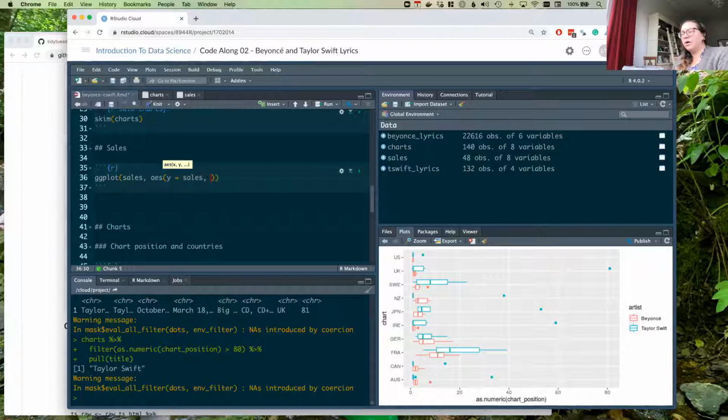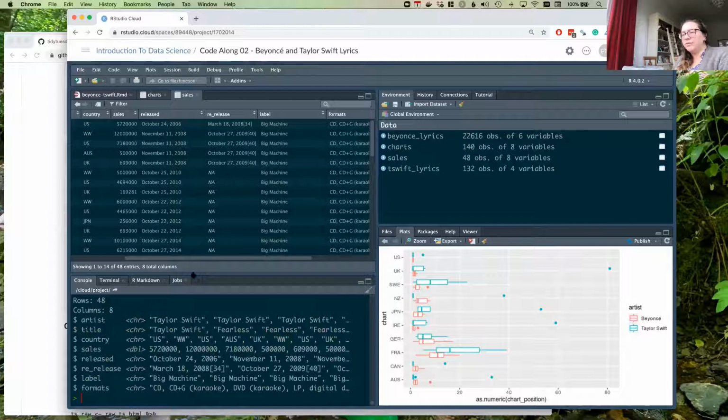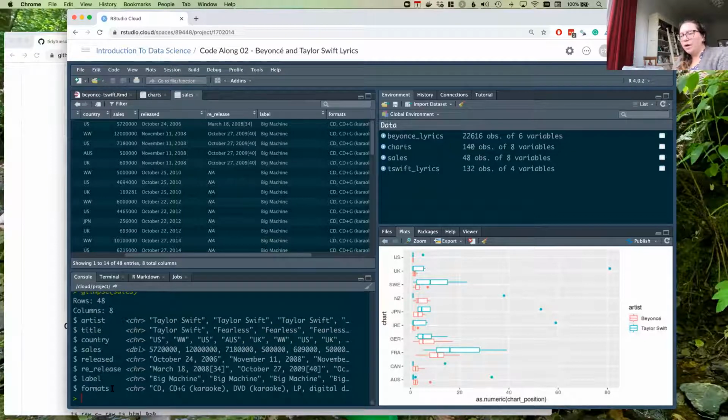I'll try to hook up my iPad next time we do this so I can first kind of draw it out for you, like diagram it, and then we can do the coding. I don't have it ready to go now. So let's say on the y-axis, we have the sales. What should we put on the x-axis? Which of these variables? You can do a glimpse of sales here just to remind you what the variables were. Maybe release year. How about that? And then we can color it by the various artists, for example.